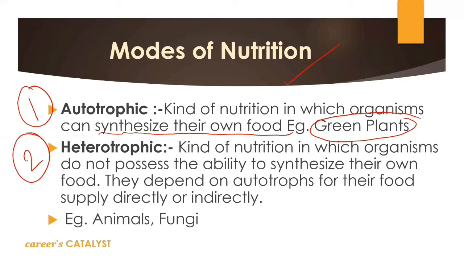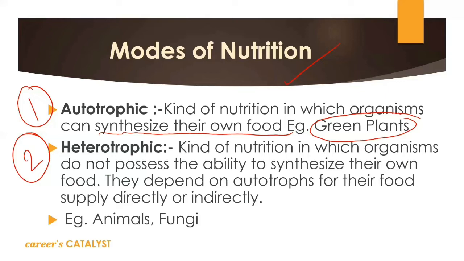Whatever organisms belong to this mode of nutrition, they depend on autotrophs for their food, directly or indirectly. If they take plants directly, then it is the direct mode of nutrition, and if they depend on other animals for their food, then that is also defined as the